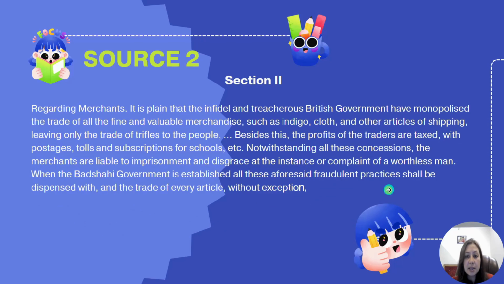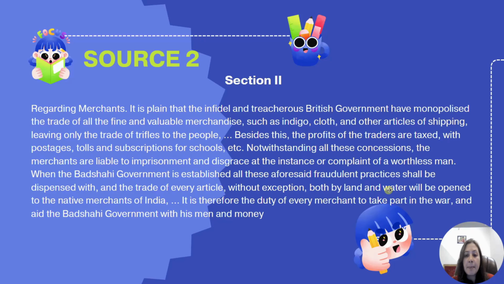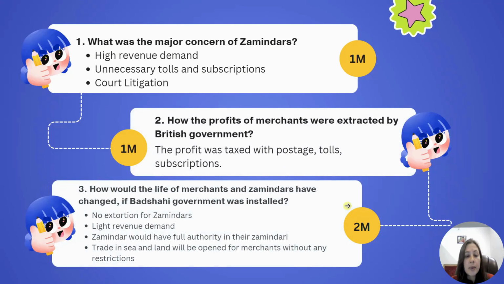Okay, we are continuing with the same. Now, why did the merchants participate? So the merchants participated because the British government had all the rights over the trade. India is known across the world for its goods like spices, textiles, and Indian goods were always in great demand. But after the coming of the British government, even the trading rights were taken over by them and merchants wanted independence of trade. So that's why they participated. Now let's come to the question.